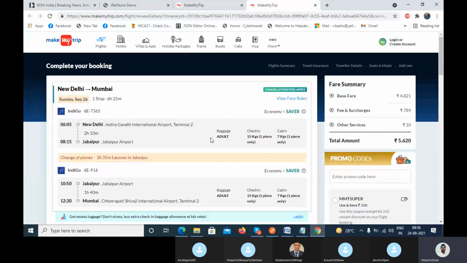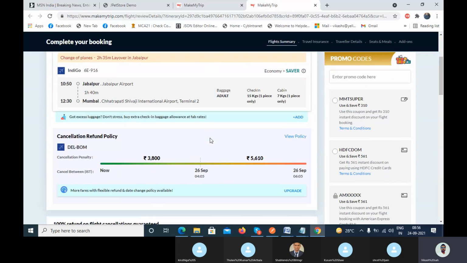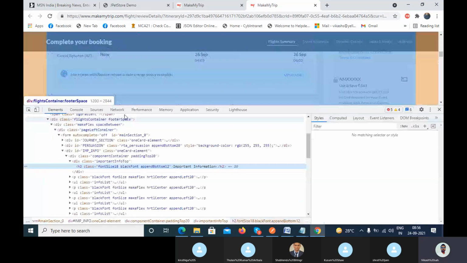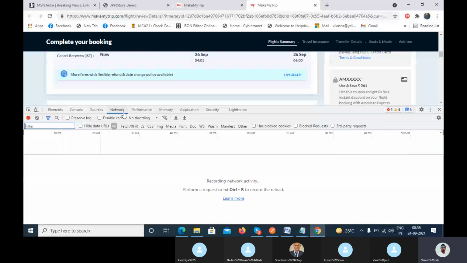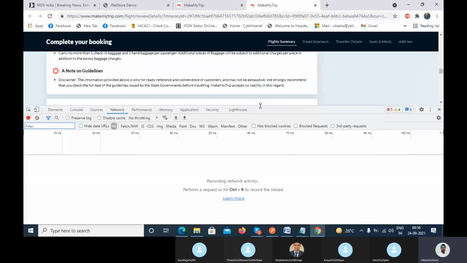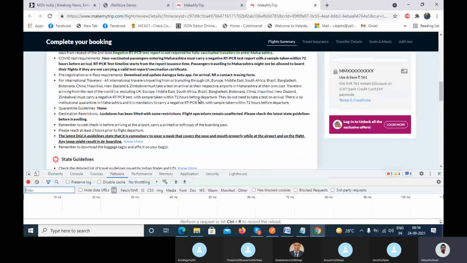Here you can see, when you click on book now, let me inspect. Okay, and then this is the page where you can book the ticket, right?